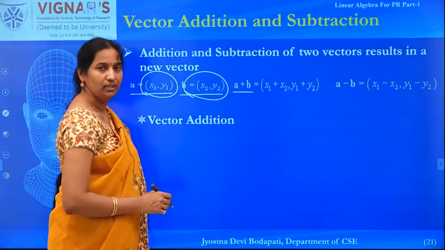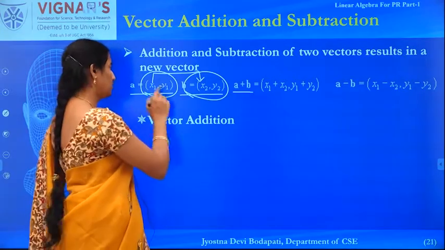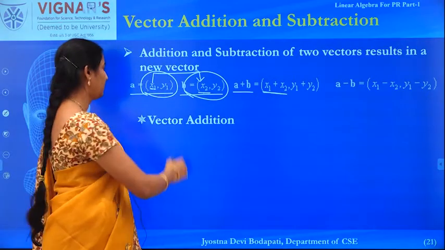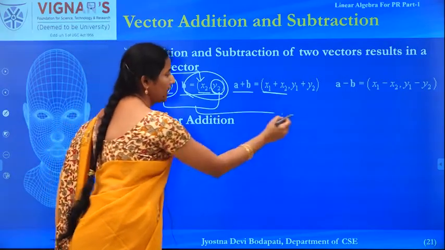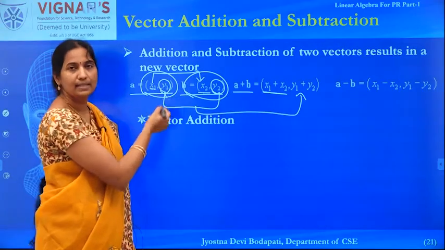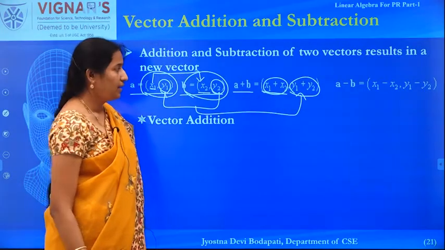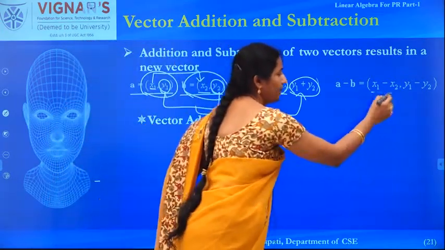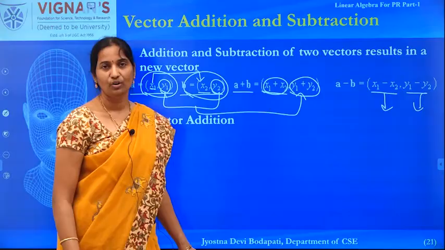So, how do you do the addition of the vectors? Just simply you need to add the corresponding elements of these two vectors. So, x1 and x2, these two are added together and that makes the first element of the resultant vector. And now y1 and y2, you just add them up, that is simply a scalar addition only. So, when you take the corresponding elements, apply the scalar addition and that forms each element of your new resultant vector addition. And similarly, if you consider the subtraction, take the corresponding elements and simply apply the scalar subtraction. So, that gives the resultant subtraction of the vectors.